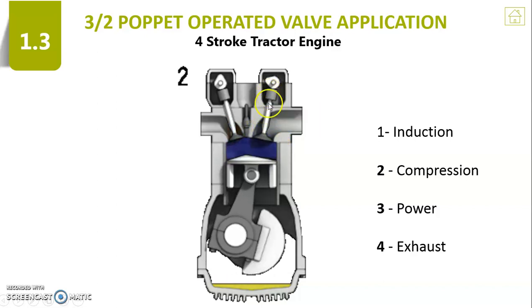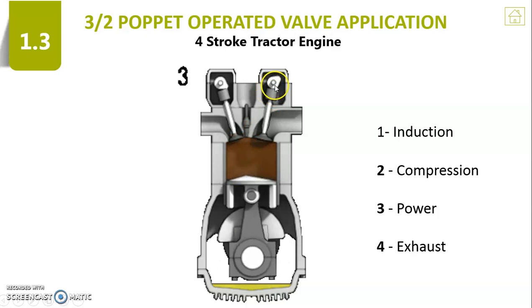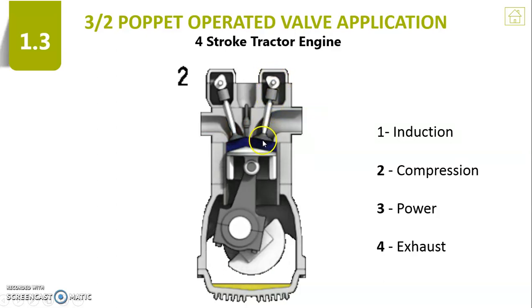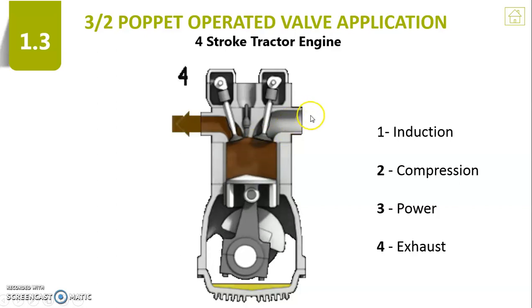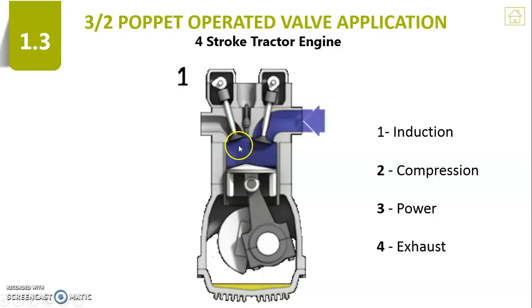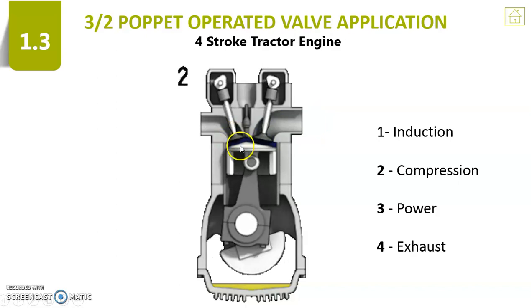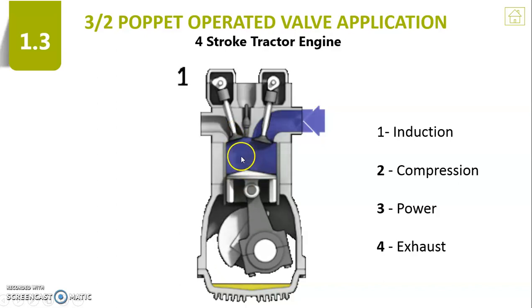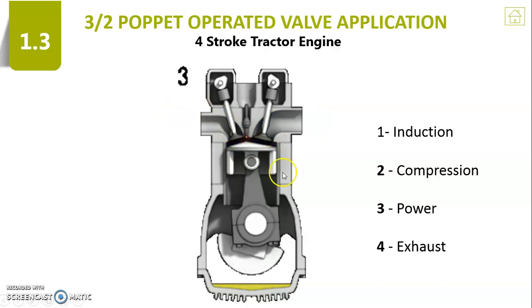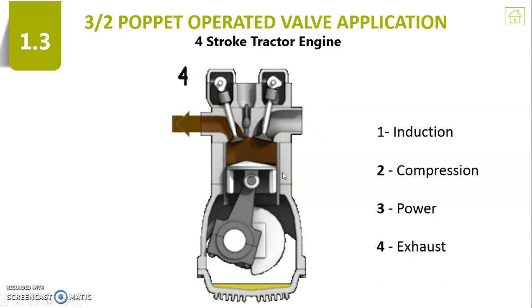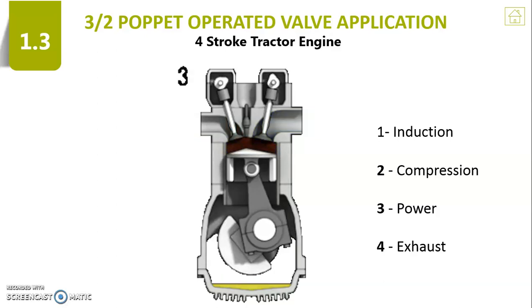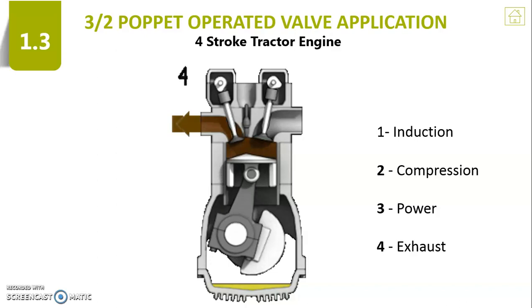When it moves downwards by the external force created by this rotating movement, the path is opened, and at that time air will enter. Like that, when this one moves, your generated power is sent out, so that you can utilize it for real-time automotive application. In olden days, we preferred the poppet type arrangement for the 4-stroke tractor engine.